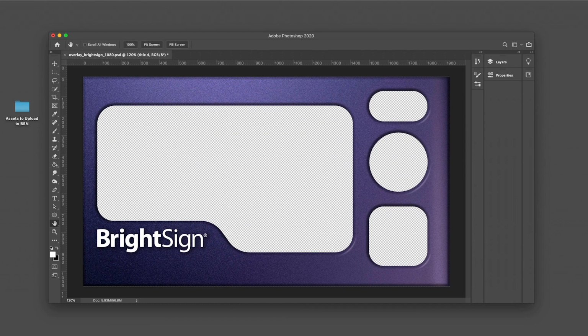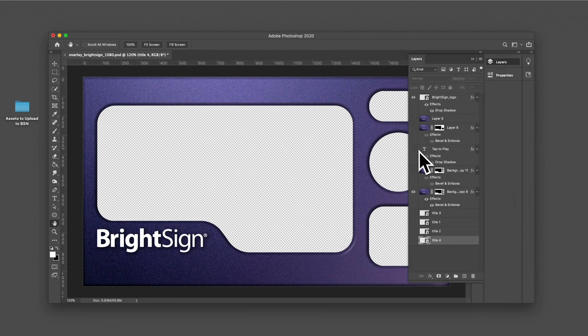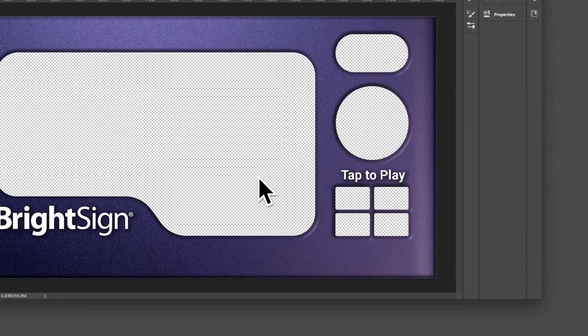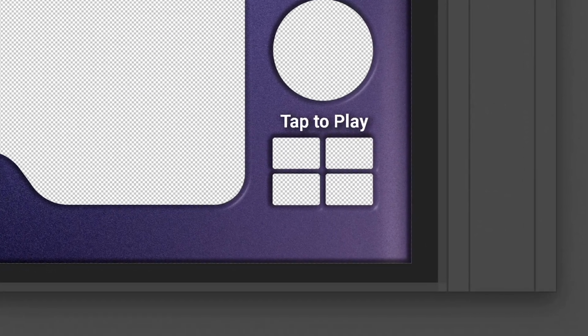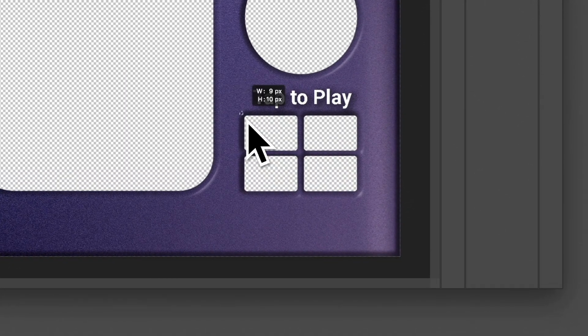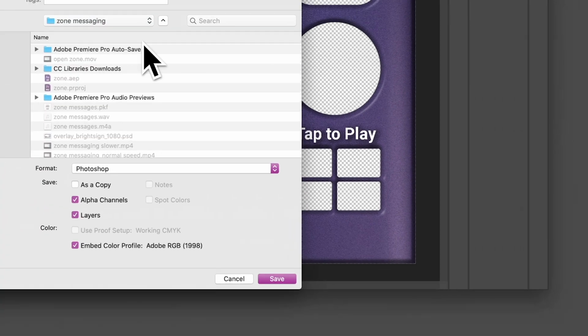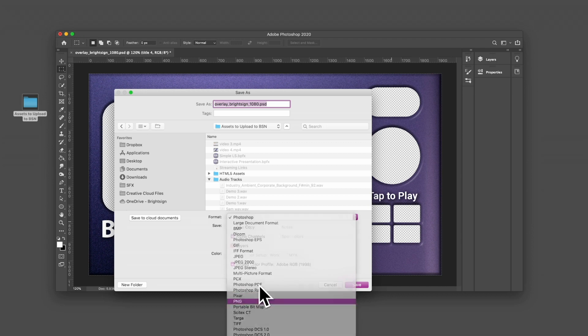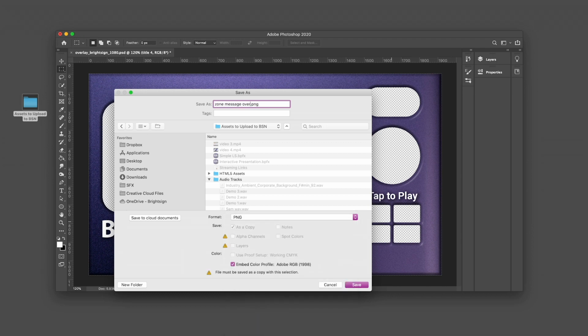First, open the overlay file you built during the transparent overlay tutorial. I'm using Photoshop as my editor. Instead of the single window in the lower right that framed the image zone, I'm making 4 smaller windows that frame the video thumbnails. Above the window, I'm adding some instructional text. Now measure the width and height in pixels of the knockout window. You will use these dimensions when you generate the thumbnails. Save the file to your assets folder as a PNG with transparency and name it Zone Message Overlay.